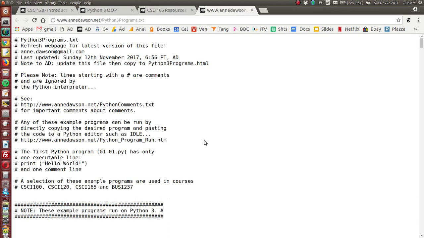The program that we need to look at today has a title 13-01.py. I'm going to press my function key F3 to get a search box. I'm currently using Linux, so you may use a different key to find your search box on the web page. And I'm going to search for